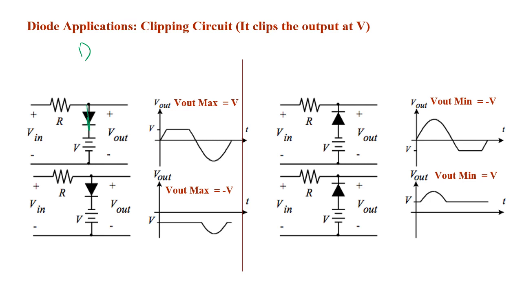So when it acts as a short, then V out is going to be equal to V. Using just your knowledge of circuits from ELEC 220, you'll figure out that when the diode is forward biased, or when the voltage across it is greater than VD, then V out is equal to V. Otherwise, when the diode acts as an open circuit,